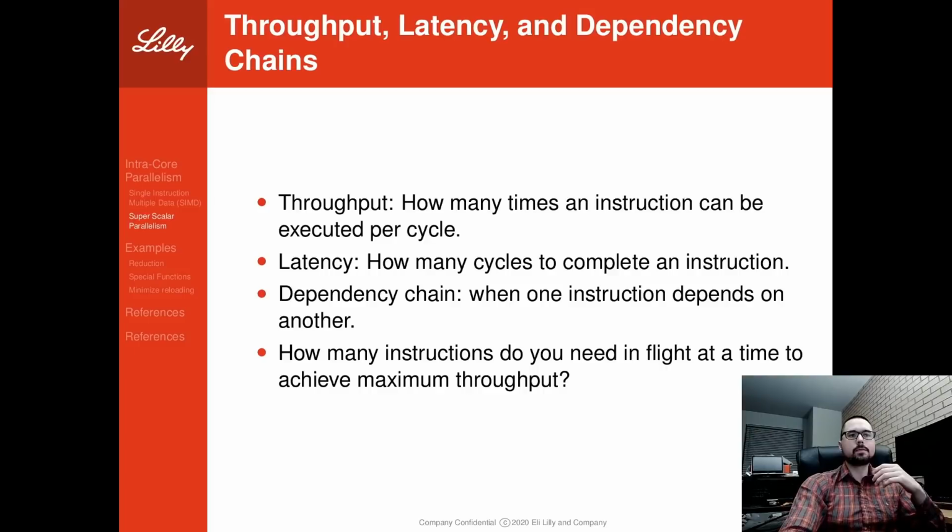Now, the other major component of intra-core parallelism is superscalar parallelism, which is that multiple instructions can be executed at a time, and that many can be in flight at a time. So on one hand, we had SIMD, which is that each instruction is working on multiple elements of data. We also have parallelism from there being multiple instructions. The key takeaway here is that